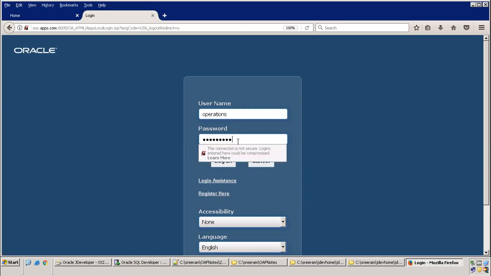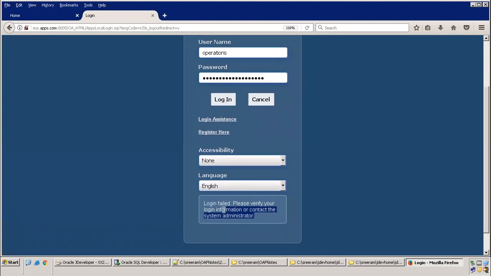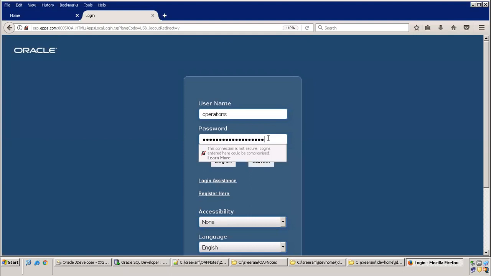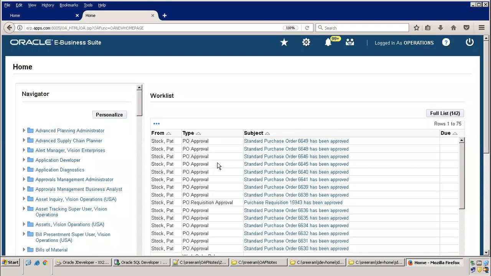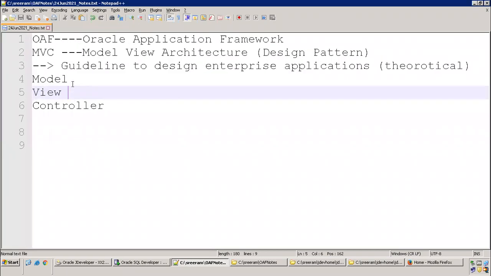Now let us say I enter the incorrect password and just click on login and see what error message it displays. It has to display some error message, right? Login failed, please verify your information. Now let us say I enter the proper credentials. It will properly log into the exact page where we have to navigate. It displays that information. So now the basic logic here is, the view layer is nothing but the user interface screen which the user is seeing. It is just a simple user interface that we see when we open the application.